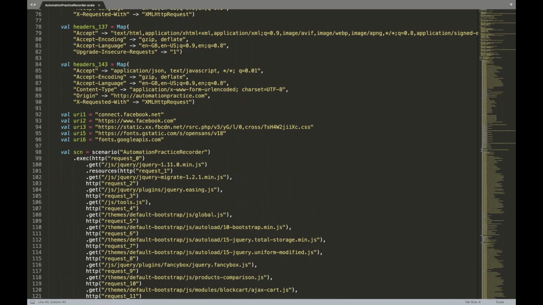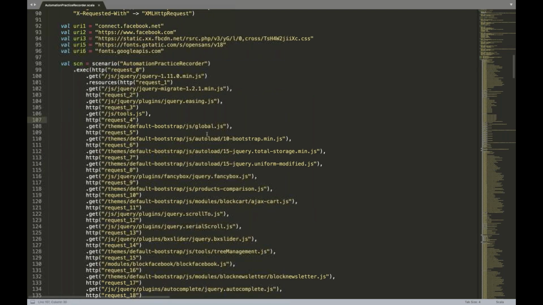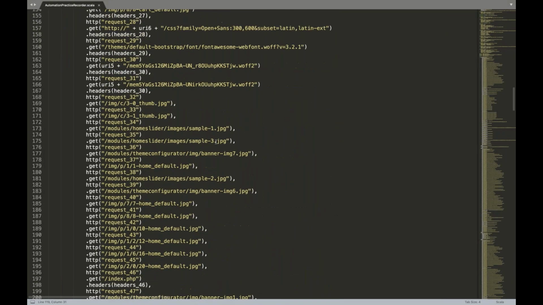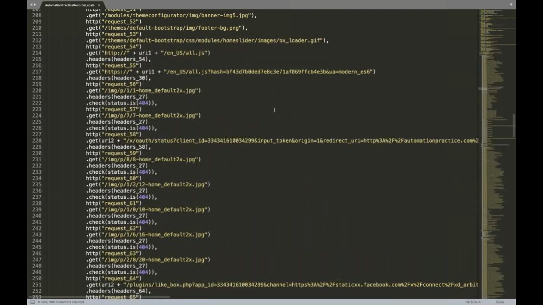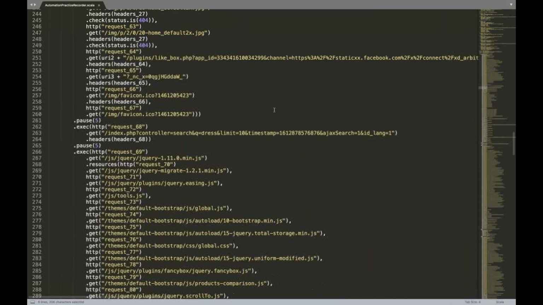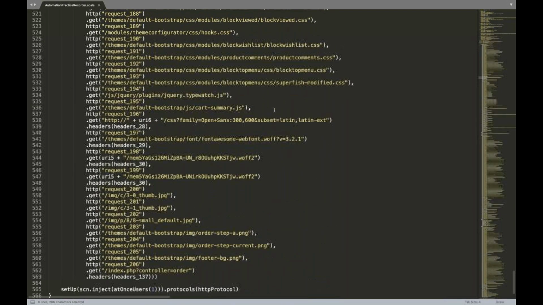And then again, we have to execute, play this particular script once again. They have created one scenario over here, and then there are a number of requests. You can see request 1, 0, 1, 0, 2, 0, 3, 0, 4, like that. For every JavaScript which is getting loaded, that also got recorded. Any JPG file or any text file or something like this, everything got recorded over here. You can see that there are a number of scripts recorded, and then a script got generated like that.